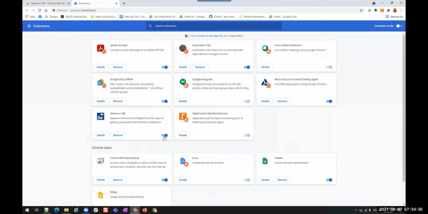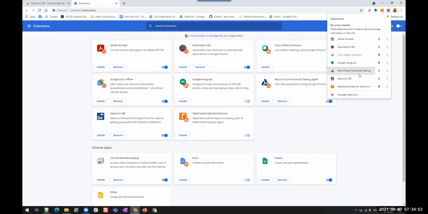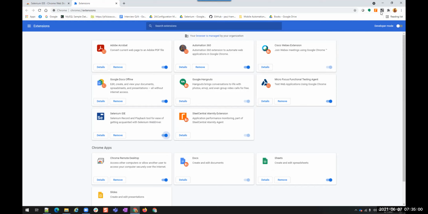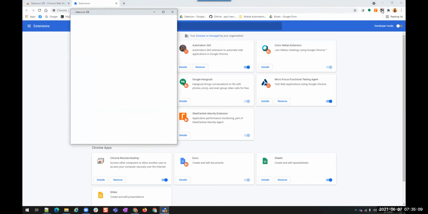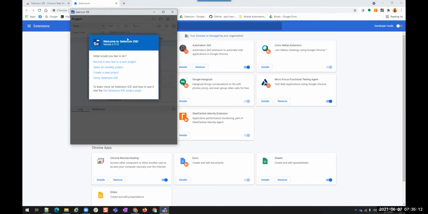So this is present already. Selenium IDE is present and enabled. Since there are other extensions which are already added here, Selenium IDE is not being displayed here. So I can manage it with this. You see, Selenium IDE, if I pin it, it will always be shown here. So this is the icon that you are going to see. When you want to create automation scripts, just click on the Selenium IDE. It will open a tool. You're able to see my screen, right? This new window is open for Selenium IDE.